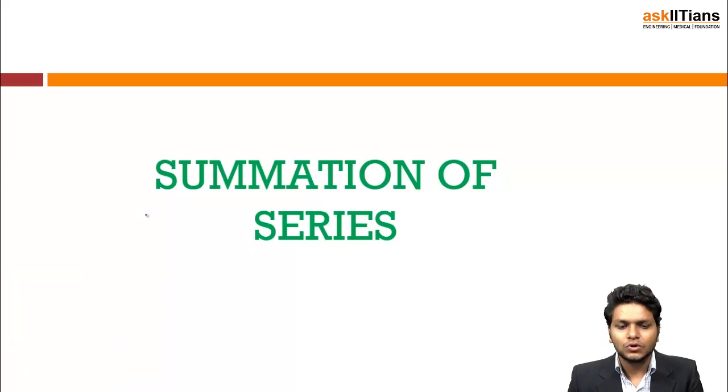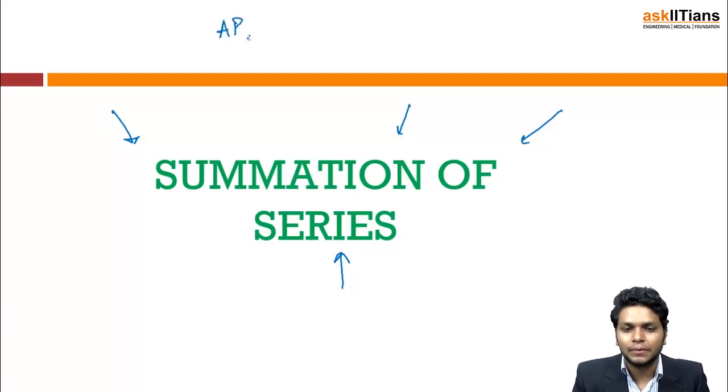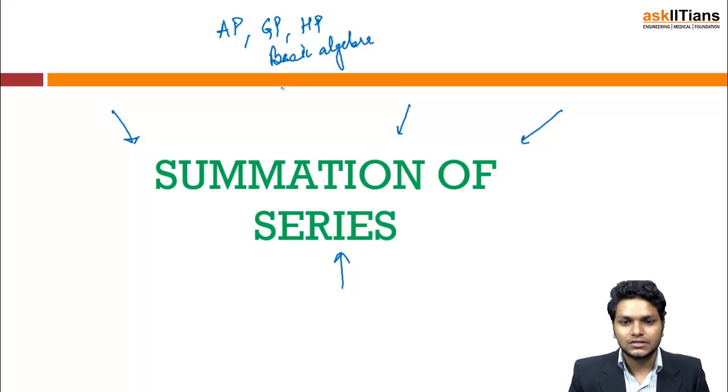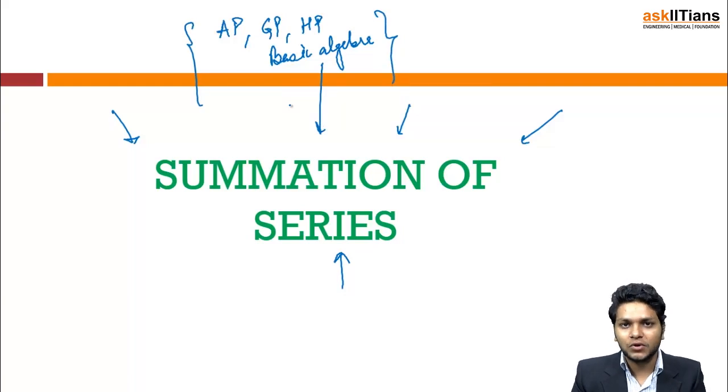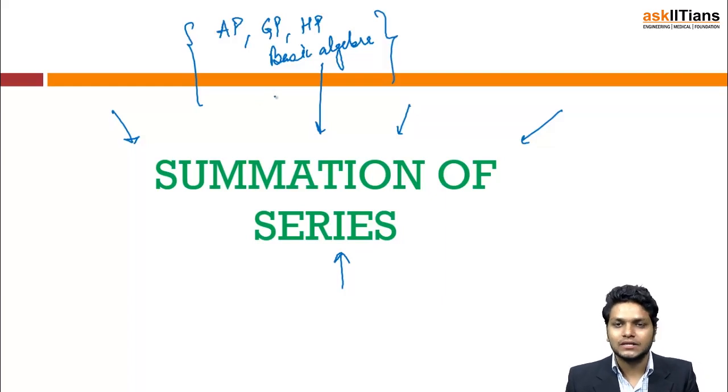Now this is most important to everyone, because it involves ITF, and you can make superbly beautiful questions which can take your brains away, right? This is a chapter which can take up AP, GP, HP, and basic algebra, in order to know the methods to factorize certain things, because this can check your basic algebra, and there is a cherry on the cake because it involves ITF. So yes, it's deadly. So let's see how questions are there in this, and let's understand what we do